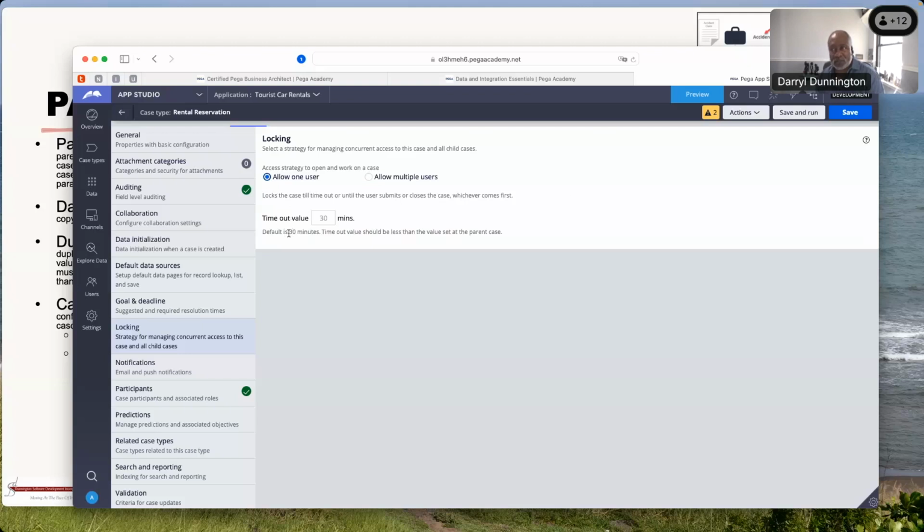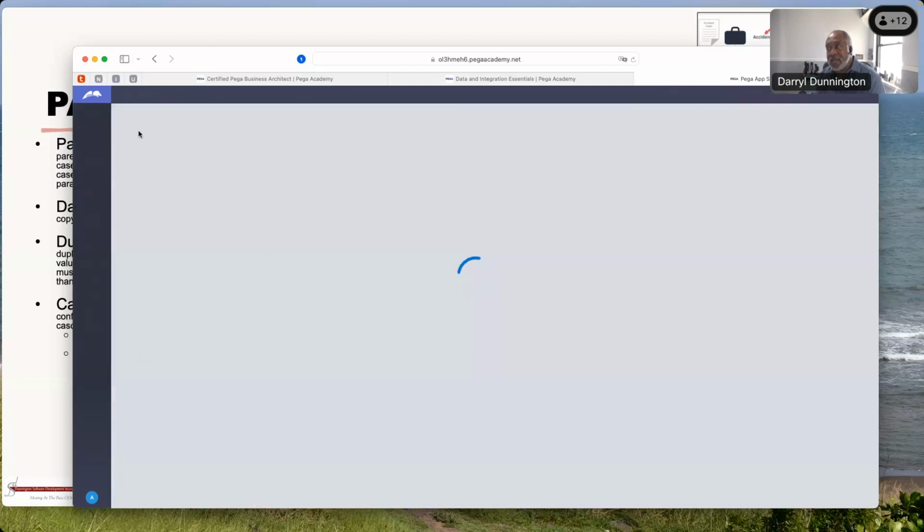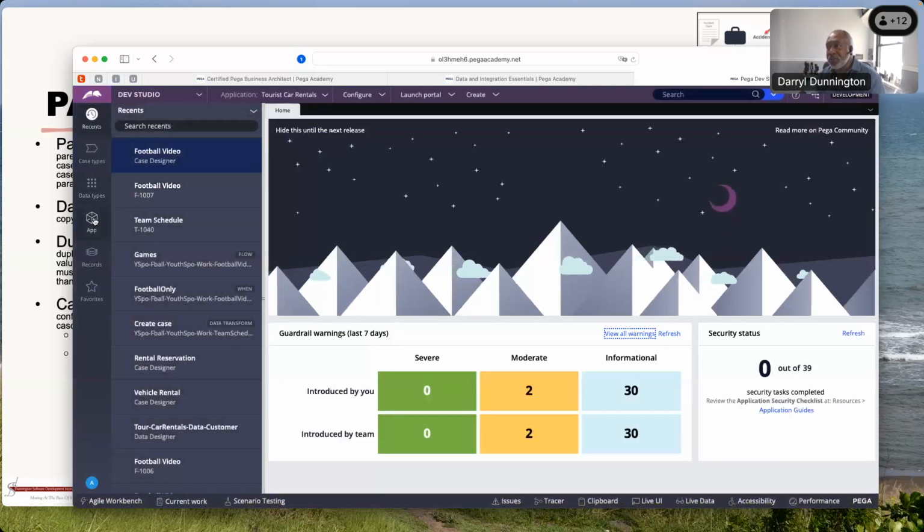Anyone have any questions about the creation, the establishment of a parent-child relationship, calling a child from a parent, doing the data propagation? Okay, great. One other thing that I did want to share with you, because I didn't show you how to actually create a real parent-child relationship where it shows up as a child class. So if you come to,